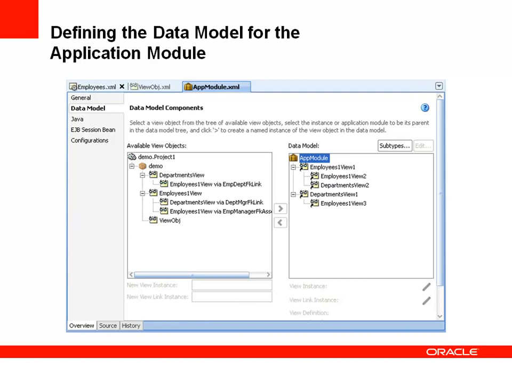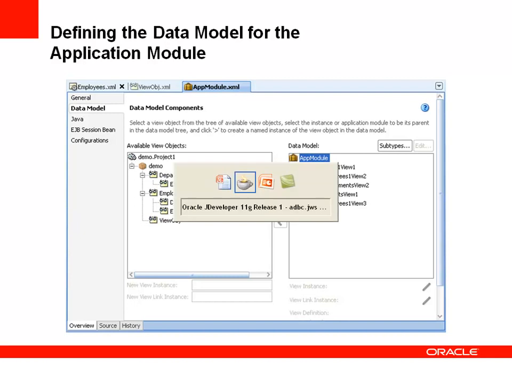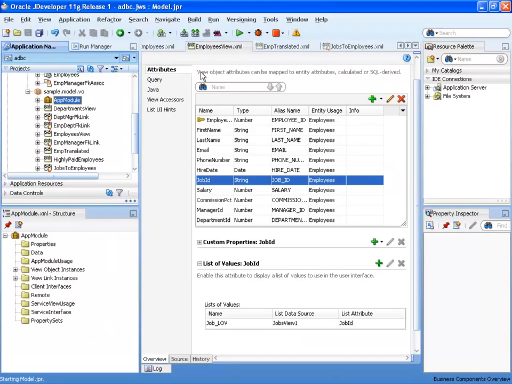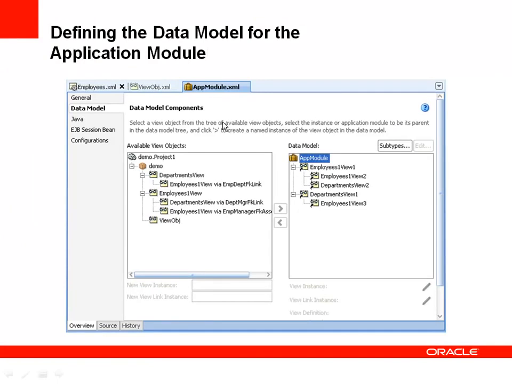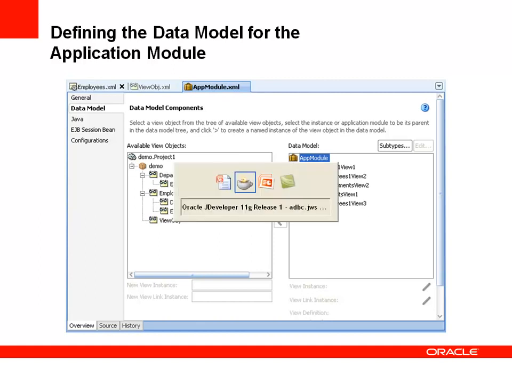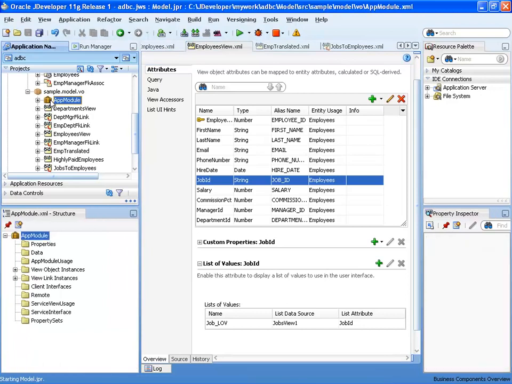The application module also handles the actual data model that you're seeing when you're running the application module tester. That's the data model that is going to be exposed to your end user UI developers. The commit and rollback are two operations that are exposed at the application module level. Another thing that the application module is responsible for is defining the data model that is going to be exposed to the people who are going to use our business services. Let's look at how you can refine this data model. You can simply double-click the application module,